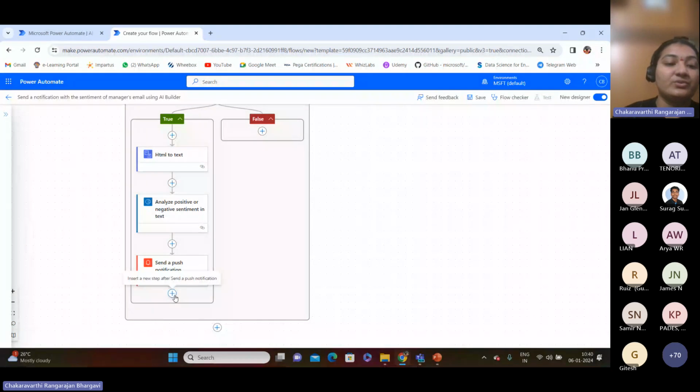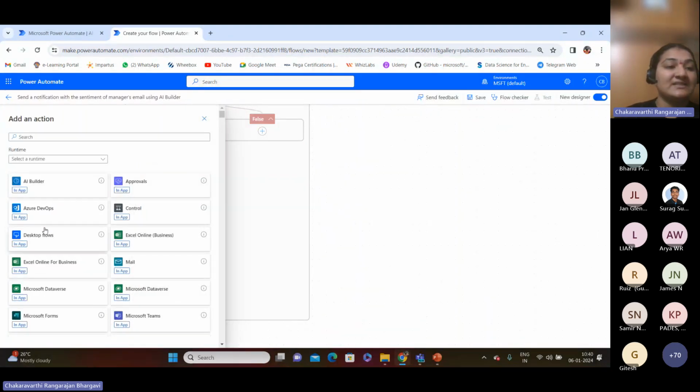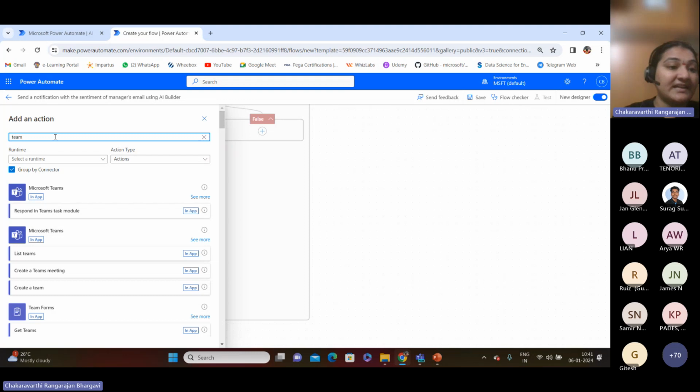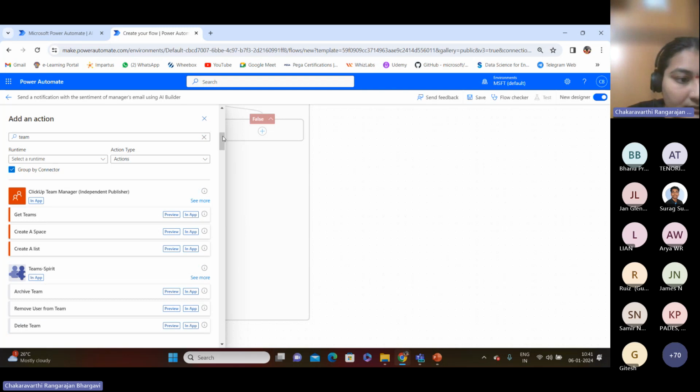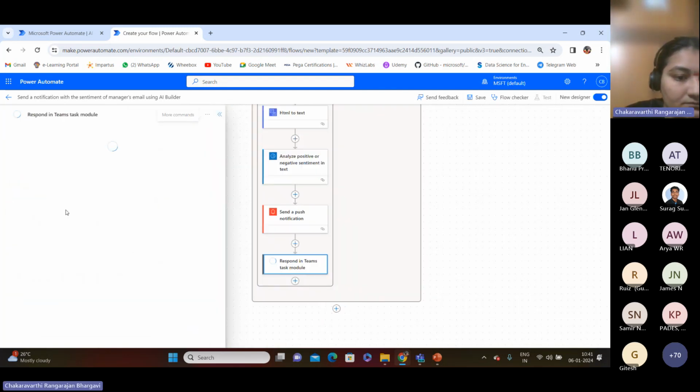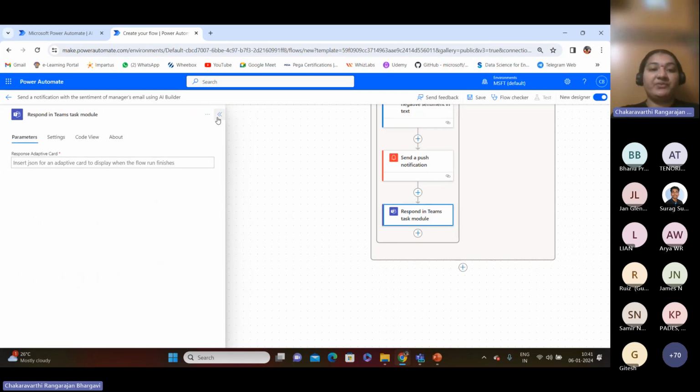And what you can do here is that you can also add something like, for example, Teams. You have a Teams connector option available, so you would select it and add it as well. It's not turning. One second. See, we thought of adding the Teams, so it got added in. If you want to send push notifications through Teams as well, then you can go ahead and